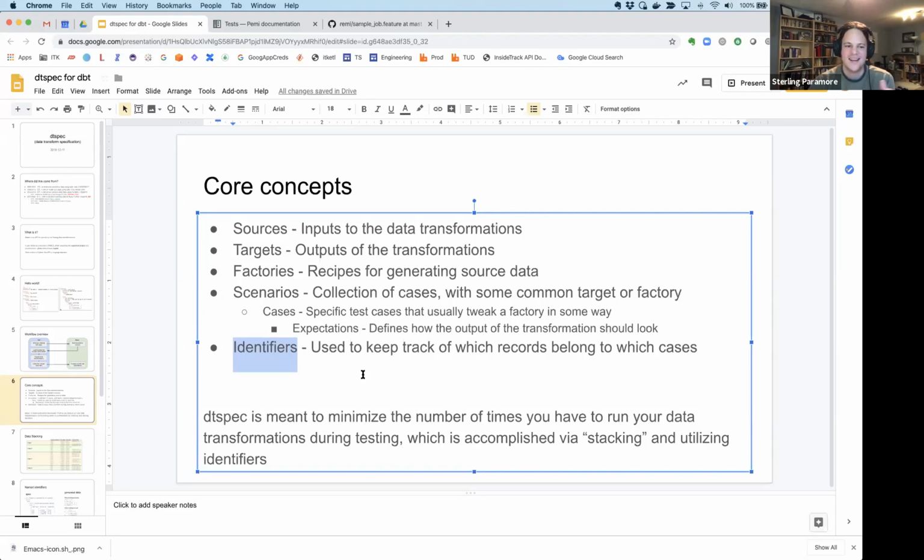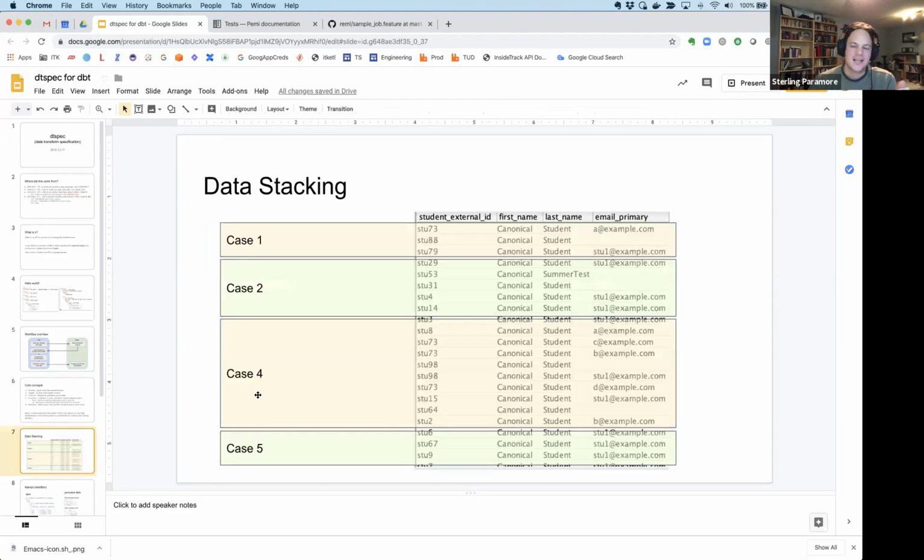And we do this by collecting all of the test cases that you've defined in the spec and generating source data that is basically taking all those test cases and stacking them onto one another. So here's an actual source table for some of our tests that dtspec generates. We might have, say, 3 records for case 1, 5 records for case 2.